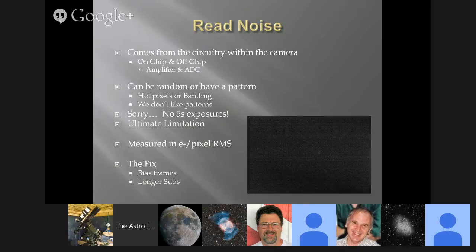Periodic noise integrates along with your signal. When we go back to the SNR, I'll show you a little bit of how that shows up. But I think read noise really is the bane of astro imagers. Now, I say that as someone who right now is taking 30-minute exposures in O3 and saying that's not quite enough